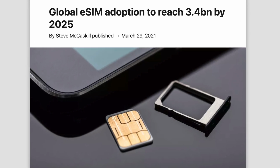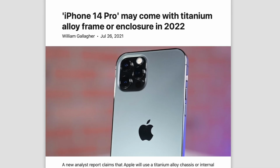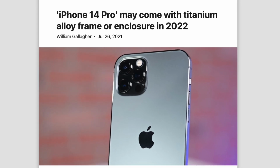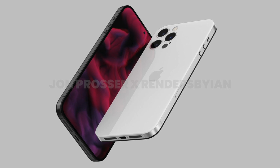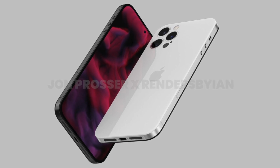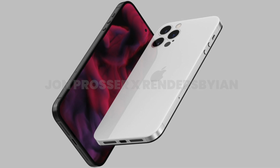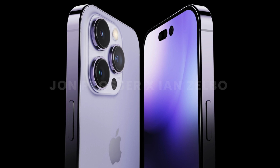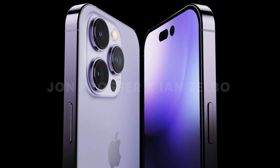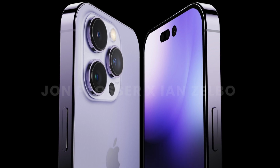Anyways, this source also says we could see titanium with the 14 Pros. This again was another early report, but this was when we thought the 14 was gonna get a major iPhone 4 inspired redesign, but as soon as we found out that's not gonna be the case, these rumors kinda died off. And yeah, to be honest, I do also have my doubts over this, since the chassis is not being redesigned, and it's going to be similar to the 12 Pro and the 13 Pro,